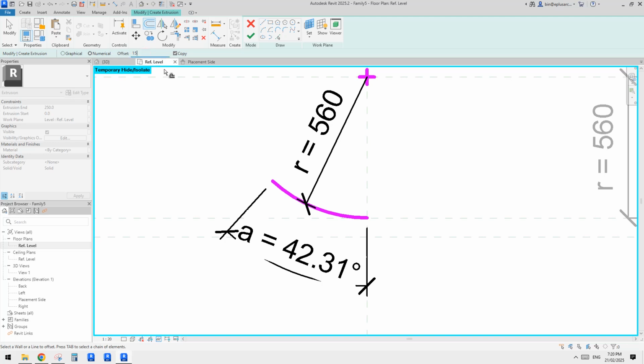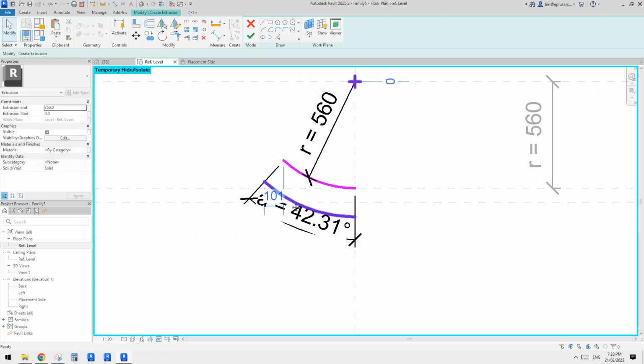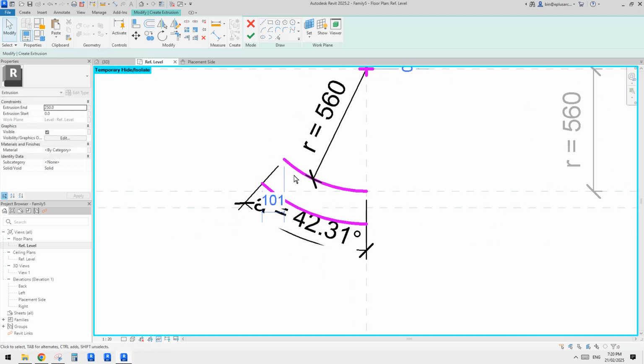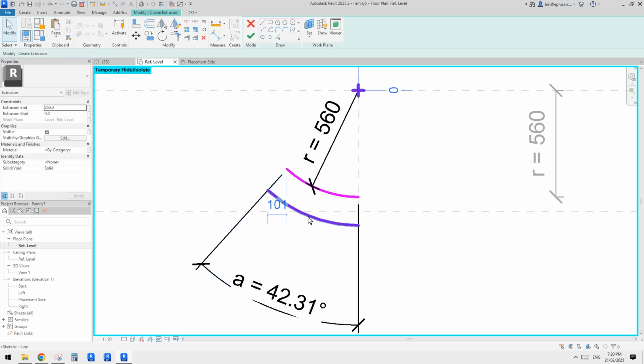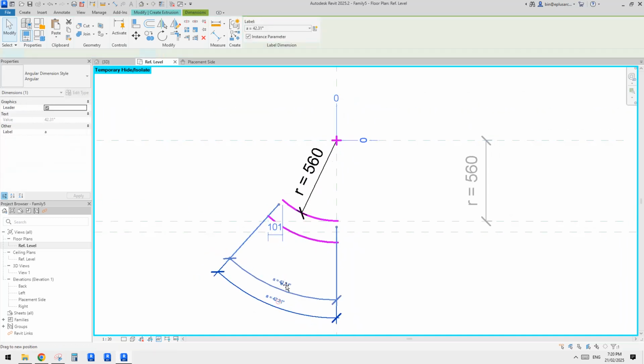For now, I'll just type in maybe 150. Oh, sorry, 150. And here, and of course, this. You can see this line is not constrained properly, so which means so this is why we have